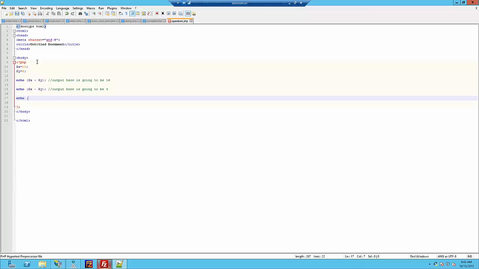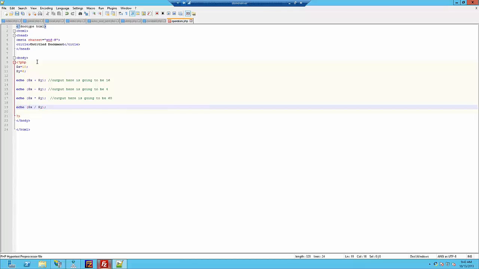Again, echo $x times $y. Output here is going to be 60. So echo $x divided by $y, and basically output here is going to be